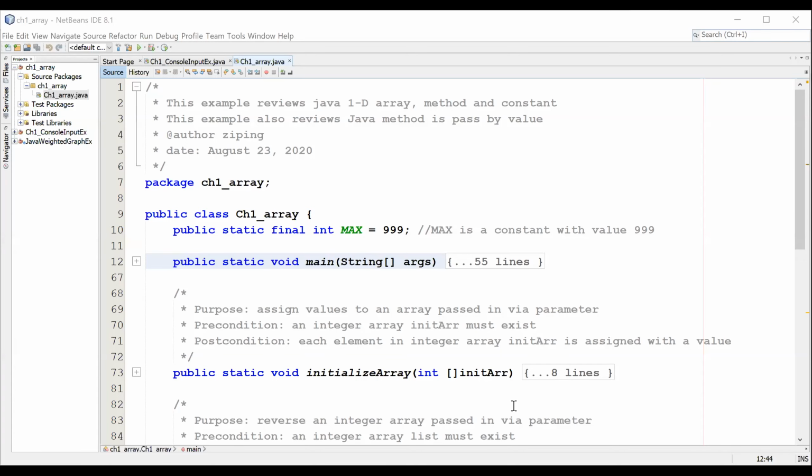Okay, so now shared, is it? Okay, let's come back to this example. In this example, like I explained, this initialize array is also a static method. The static method, like I explained, is a class method, so it doesn't belong to any object. So here, this class. Okay, and later on, we will also see,